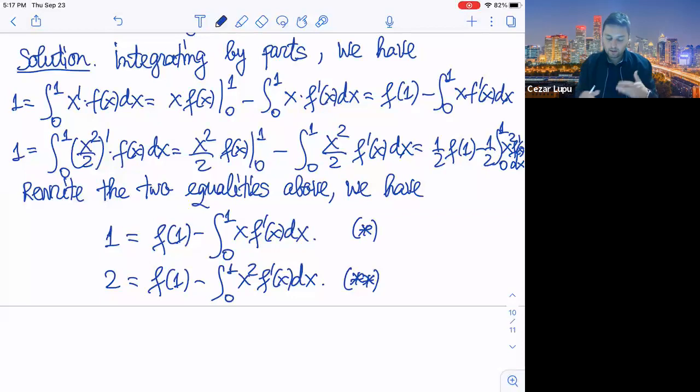Keep in mind that at some point I have in mind to apply the Cauchy-Schwarz inequality, right? Because I need to prove an inequality about the 2 norm of the derivative. So the best indicator to do that would be to apply Cauchy-Schwarz. Okay. So what if we subtract star from double star? So this implies that 1 equals